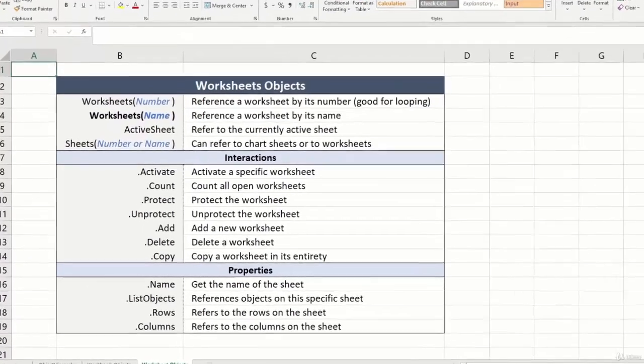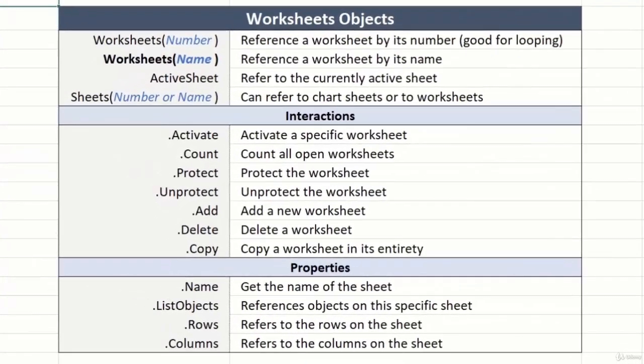In this video, we'll be looking at the worksheet object and how we can use it in our code. Like with workbooks, there are a few different ways we can reference worksheets in Excel, and first is by referencing the number of the worksheet, which is helpful if we're looping through all of the sheets or if we don't know the sheet names, but generally speaking, it's best practice to reference the worksheet directly using its name, which is